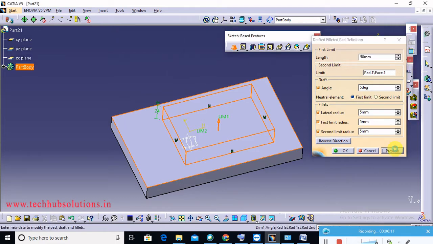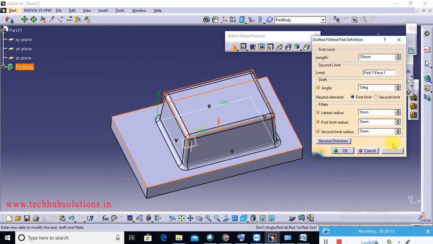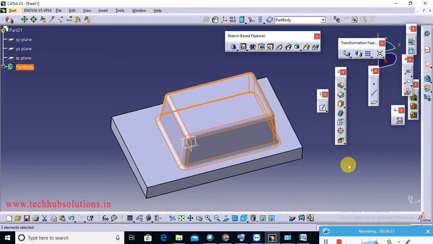Okay, 50 means this one is preview 50, and now draft, lateral radius, first limit radius, and second limit radius. This one is first limit, this one is second limit, this one is lateral radius, and this one is the draft angle. Angle is 5° tilt. Okay, so this one is drafted filleted pad.